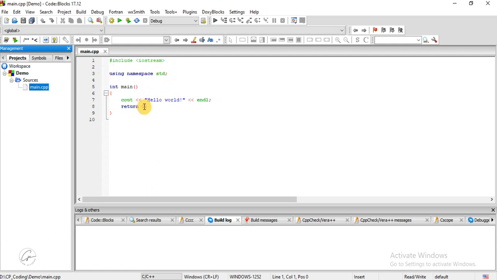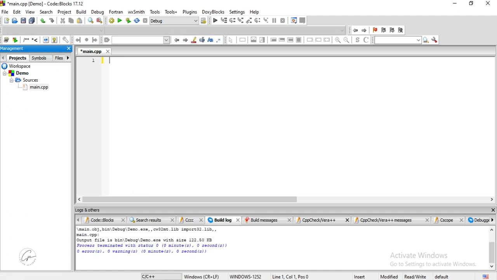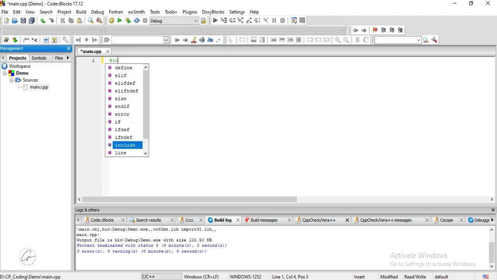Okay, I'll delete this. To do that, press Ctrl and A together to select all and hit the Delete button. Now I'll type a new simple program and explain it line by line. Let's see. #include iostream.h